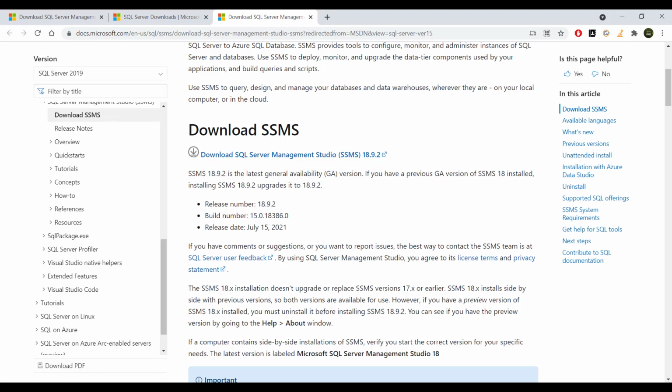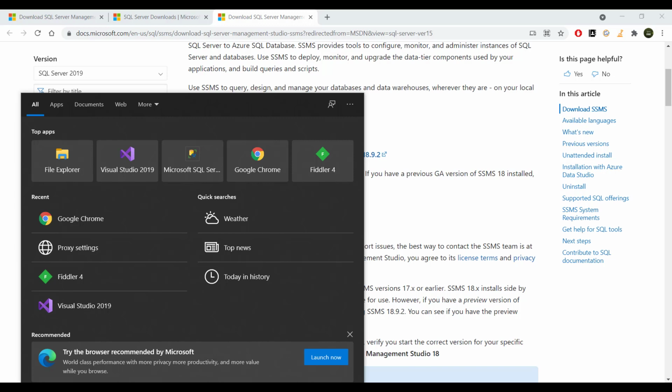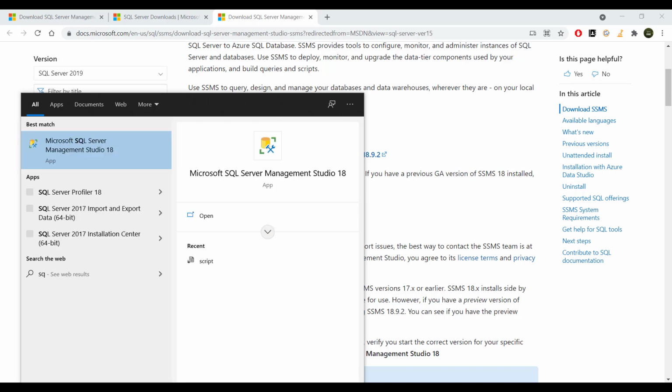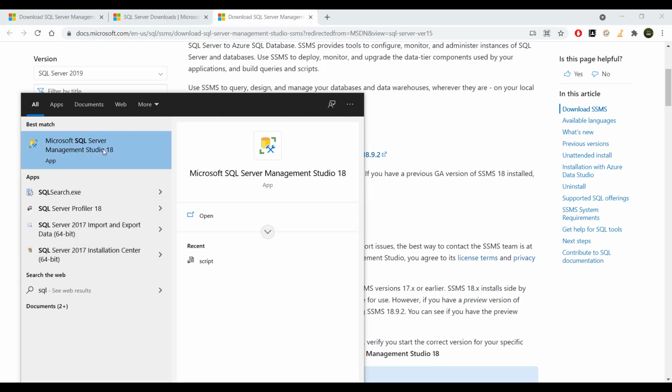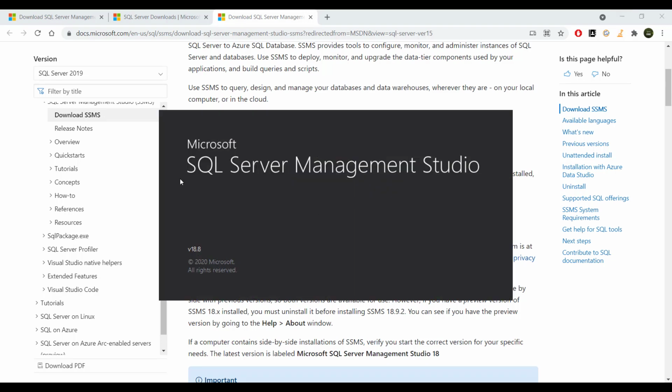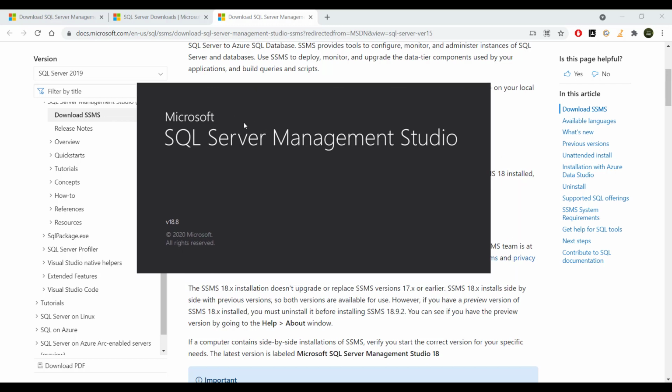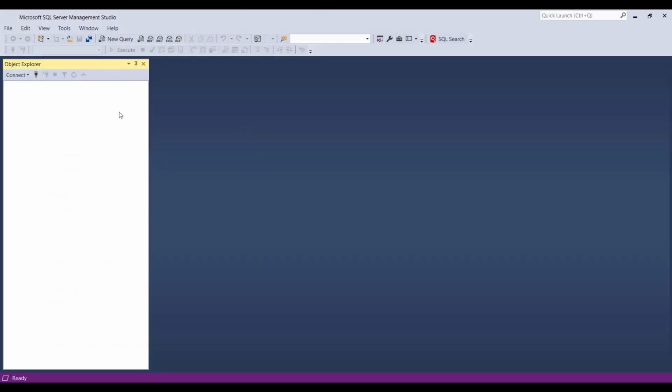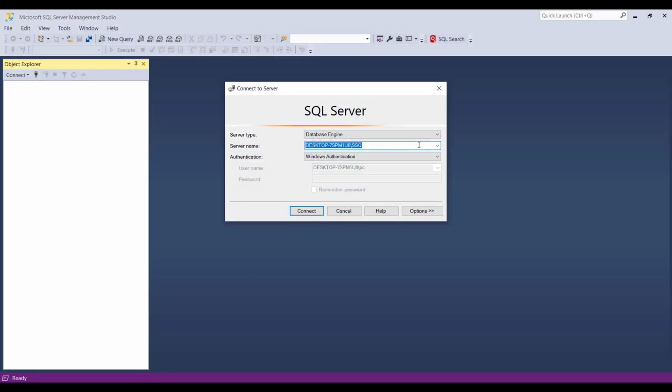I've already downloaded one. So let's search SQL Server Management Studio. Here it is. So download and install, and its setup starts like this. So after it's complete, remember